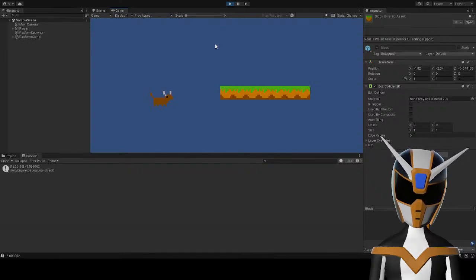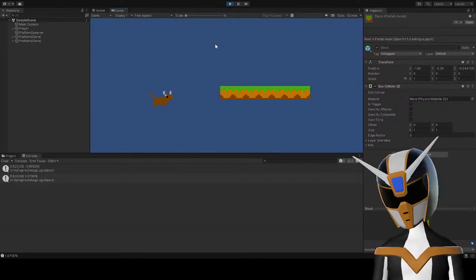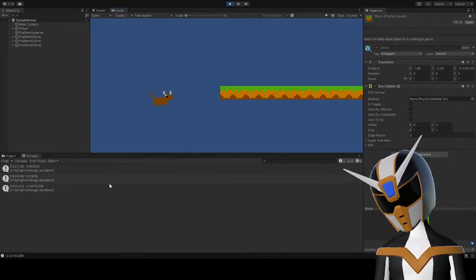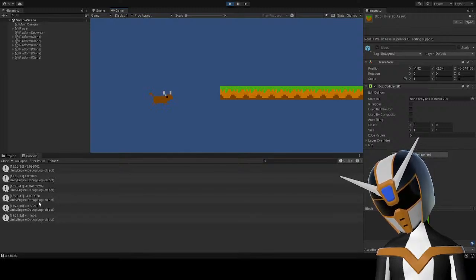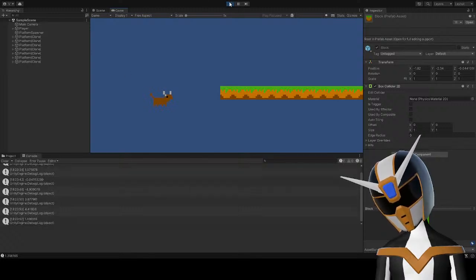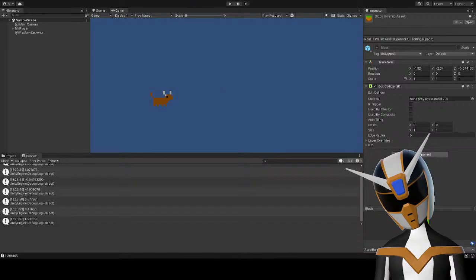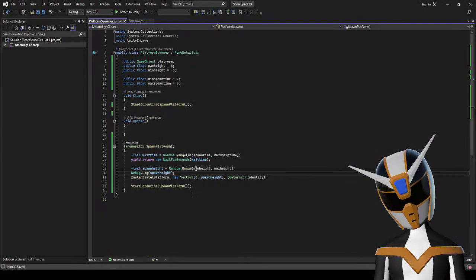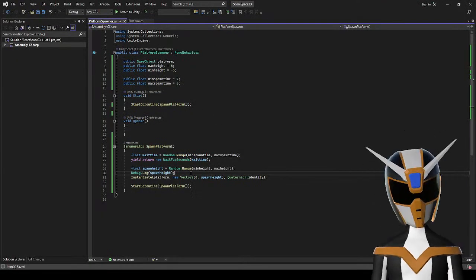Okay. Why is it just saying Debug.Log object? Whatever, it's fine. Okay, wait, no, never mind. I forgot how to read this. It is giving different heights, but it's just spawning them at the same height.